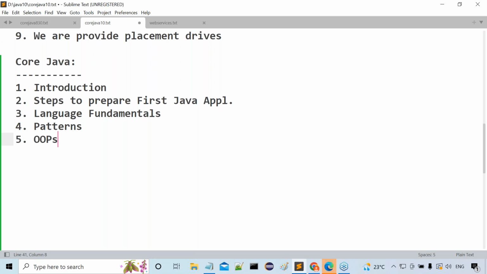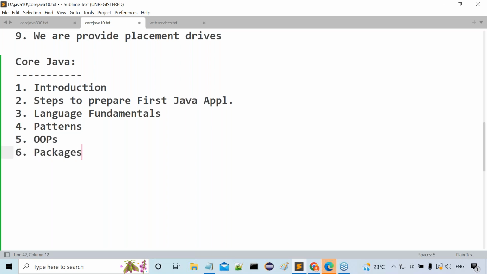30 to 40 questions will come from what? Object orientation. Moreover, in our classes, I will give each and every question and each and every answer clearly. I will even make a note of interview questions and answers. If you prepare those interview questions, you will complete your written test and interviews in outside companies. Definitely we will get jobs with these interview questions. So I'm providing very good information about object orientation.